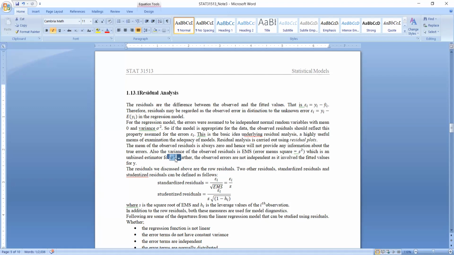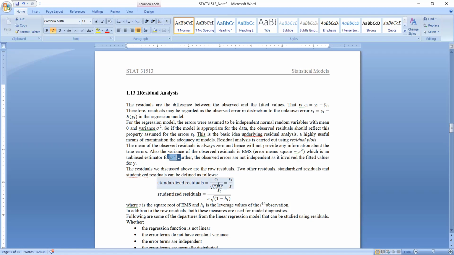අපි errors වල variance එක sigma squared කියලා ගත්තොත්, අපි Anova table එකේ හොයන EMS, error mean square value එක මේ variance එකට unbiased estimate එකක් විදිහට use කරන්න පුළුවන්. So in that case, if this error mean square is an unbiased estimator for the constant variance,